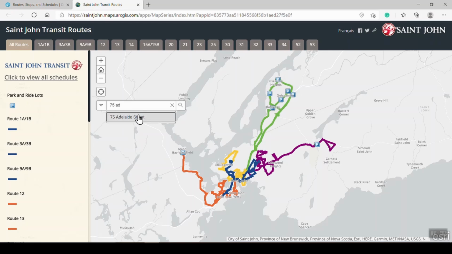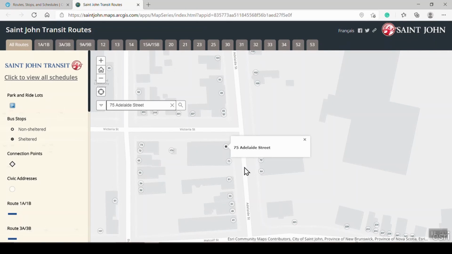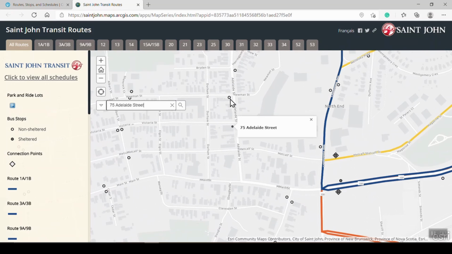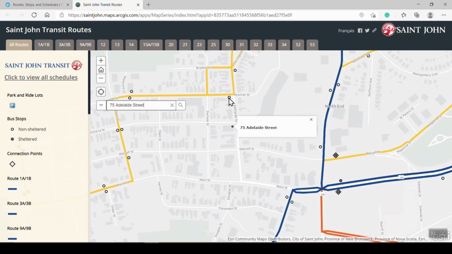The little black dot is where we had searched, and you can see that there is a bus stop nearby due to this little circle. If we go over and take a look at our legend, we can tell that this is a non-sheltered bus stop. If you see a dark gray little circle, you know it's a sheltered bus stop. If you see a gray diamond, it's a connection point. And you can also see the color of the routes that are nearby. So we know there's a connection point that's sheltered here,